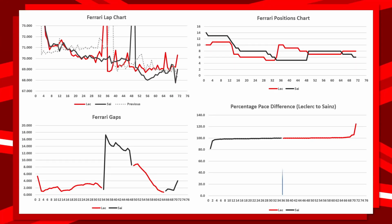And we'll split their percentage pace difference down the middle, and we can see that for 49.3% it was Carlos Sainz in the black that was the faster car, and for 50.7% of the race it was Charles Leclerc who was the faster of the two Ferraris. An even more even split than what we saw with the Aston Martins, with the two Ferraris being exceptionally even